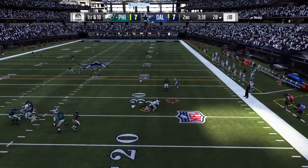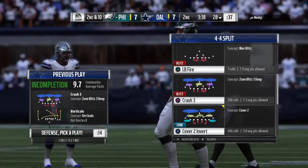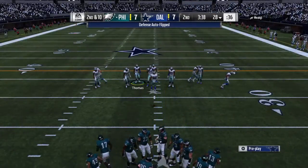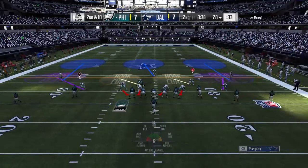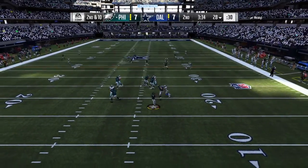Eluding the pressure right. Pass incomplete. Golden Tate, his intended receiver. And it's 2nd down. It's been my observation there's been a nice variety of play calling defensively. You and I often talk about an offense's ability to keep a defense off balance with what they're doing. I think the converse has been true in this game. Yeah, I think you're right. They seem to have gone off tendency quite a bit,